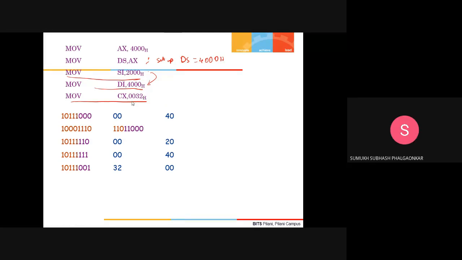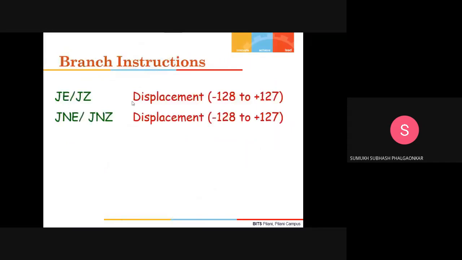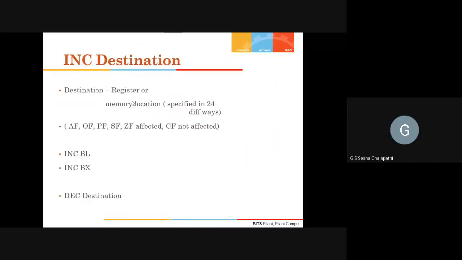Sir, in the slide for the increment operation, you said that CF is not affected. But suppose AX is all F, and then I do increment AX, then there will be a carry generated, no? Yes, it will be generated, but that will not affect the carry flag. So basically, the carry flag is not linked to the increment operation.